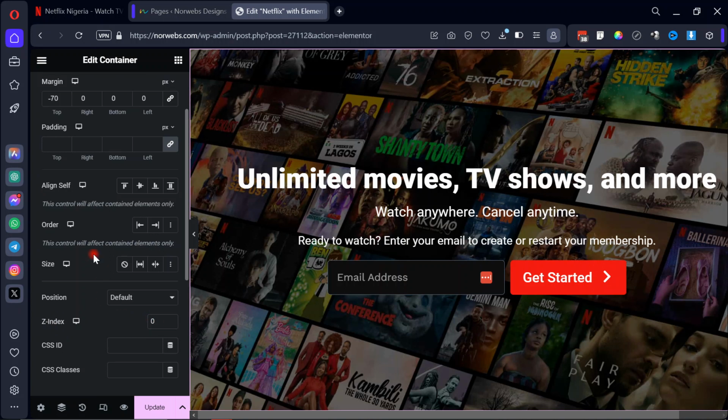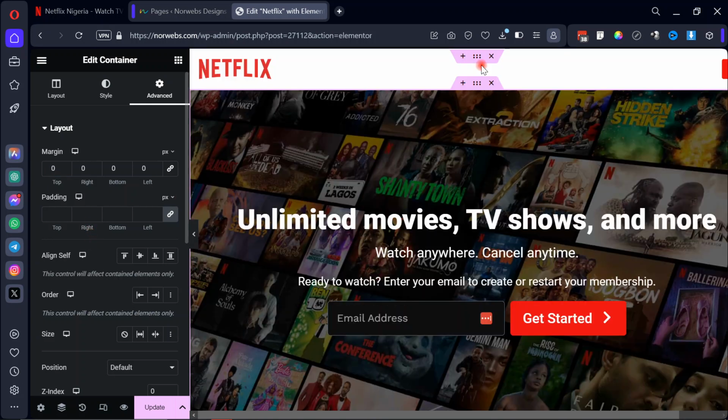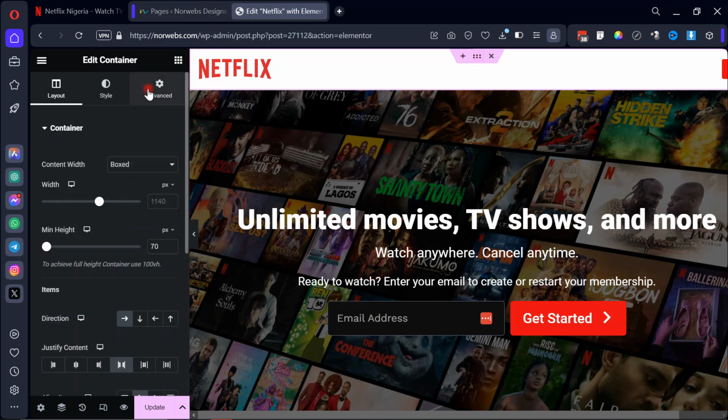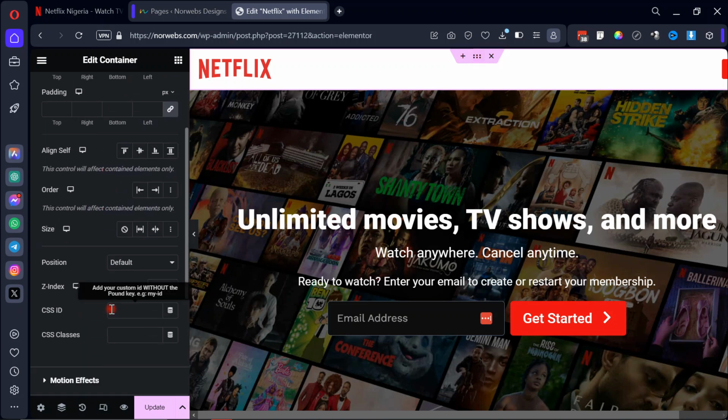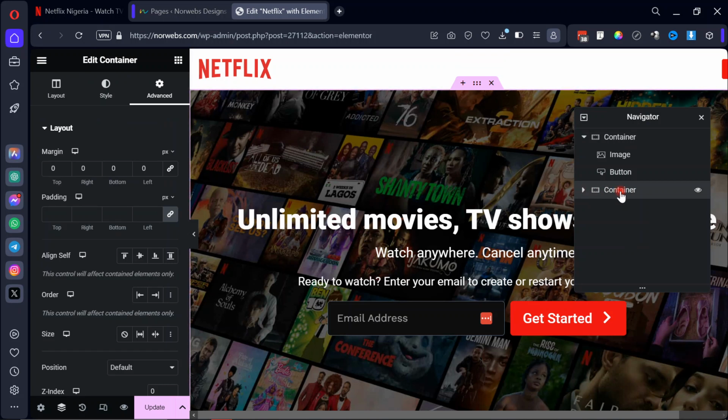So I think what we have to do is remove this first of all. Go to this container, make sure the Z index is set to a higher value, maybe 2, so that it will always be at the top. Then go back to this hero container again. Sometimes when you add a Z index here, it will be hard for you to select it from here. So now we have to open up our navigator. So here's our navigator. Here's the second container, which is the hero container. So here add